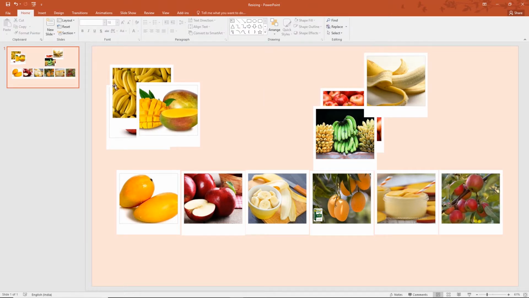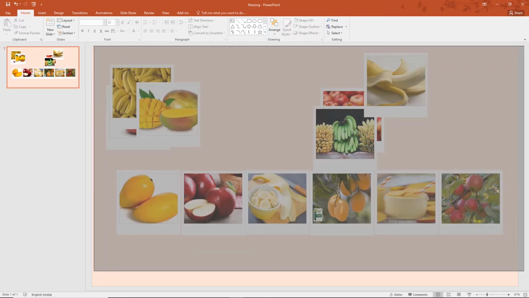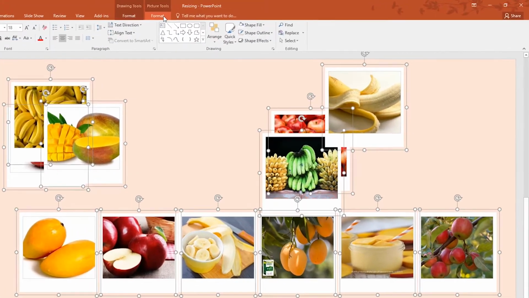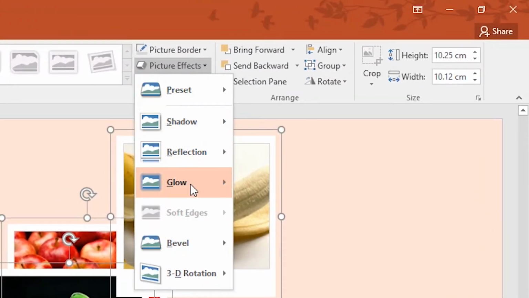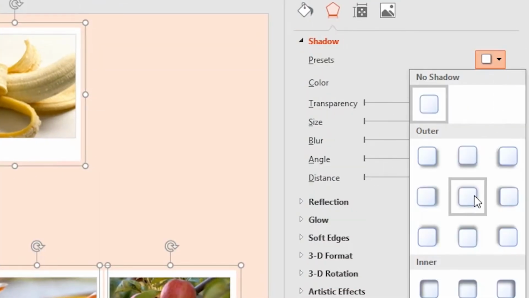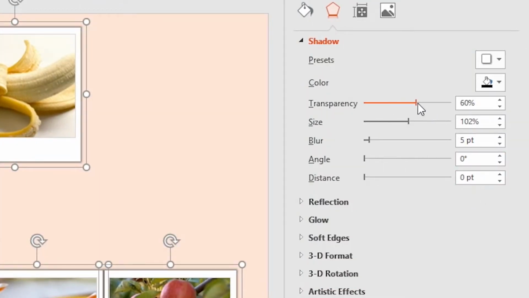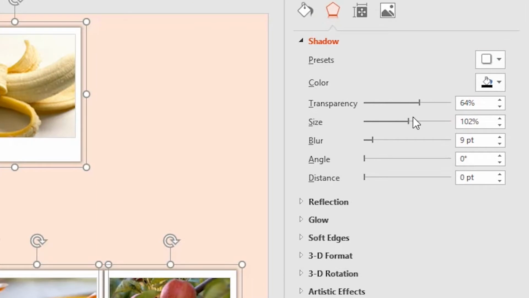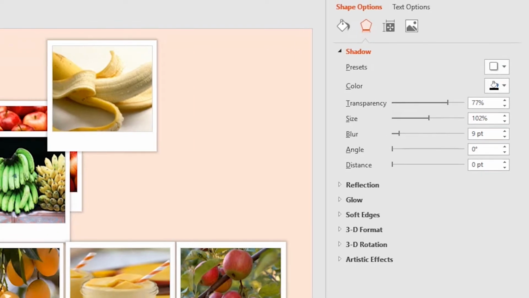Now to add a little cherry on top, I'll just select all of these, or just press Ctrl A, select all of these and just add a shadow effect at the back of all of it. Shadow options, and this one. Just play around with these values here, make it more transparent or blurry, whatever you might like. This just gives it a little hint of a 3D kind of look. You know what I mean? Just play around with these values. There's just this subtle shadow effect.